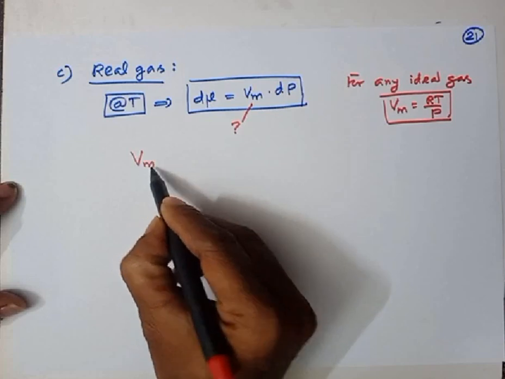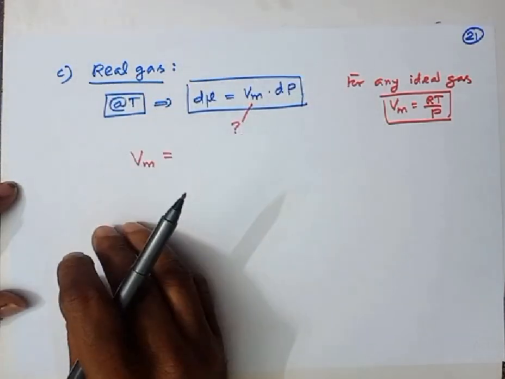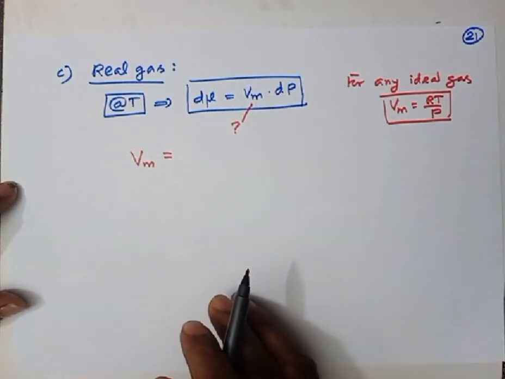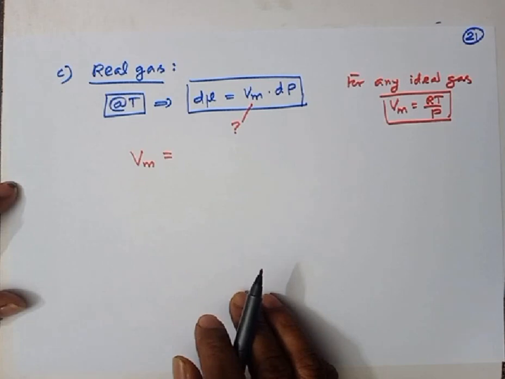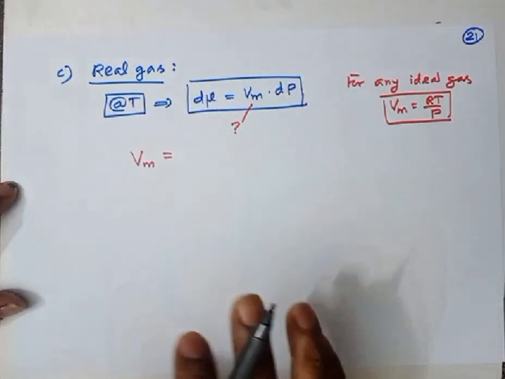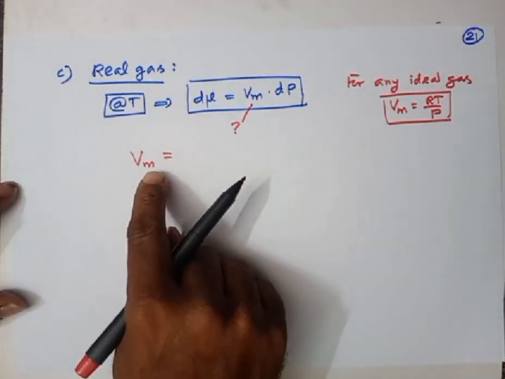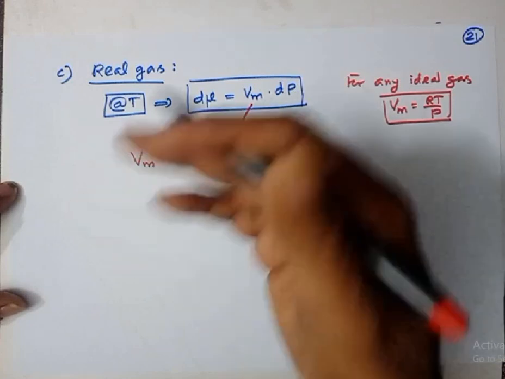For real gas there is the van der Waals equation, the Berthelot equation, the virial equation. There are so many equations available. So molar volume will be different for different real gas,